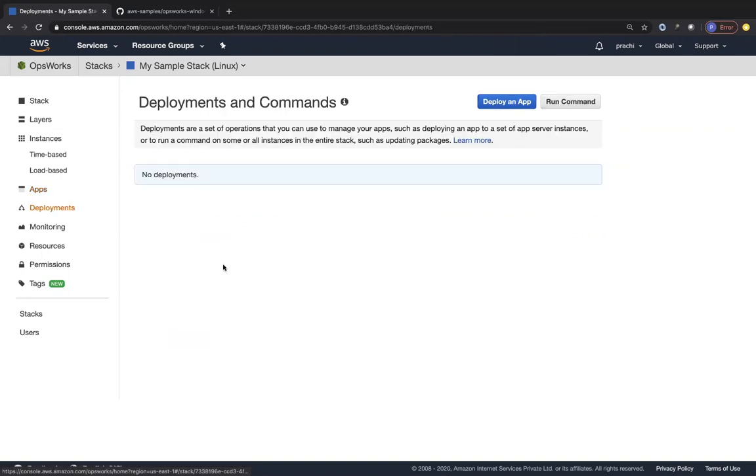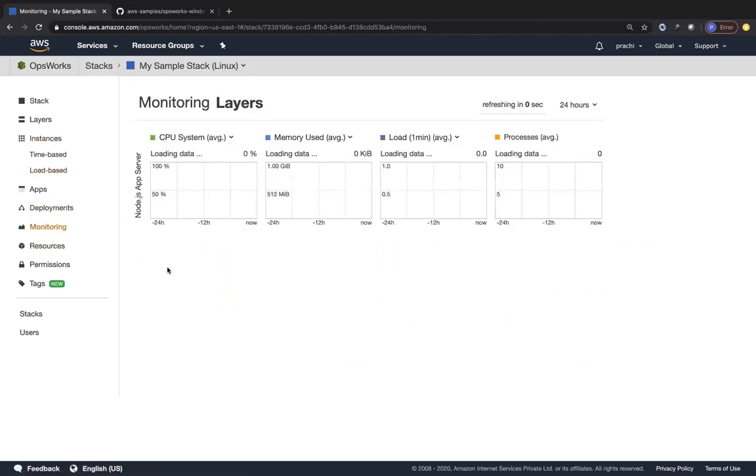You can also edit these configurations. Okay. So regarding deployments, you can see that we certainly have no deployments right now. You can also go ahead and deploy an application, which we are going to do in a bit, once the instance has booted up. So other than that, on the monitoring tab, you do see some monitoring metrics that are coming through CloudWatch for you, like the CPU system, the average memory that is being used, and the load, as well as the different processes that are running. So this is the only place where you get the memory utilization from OpsWorks. Otherwise, memory utilization is actually a custom metric in